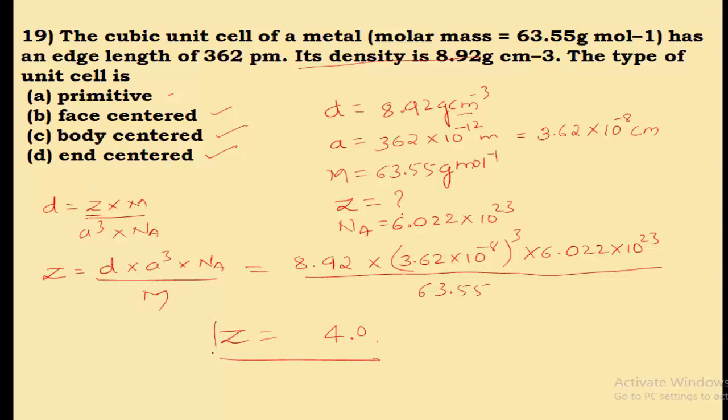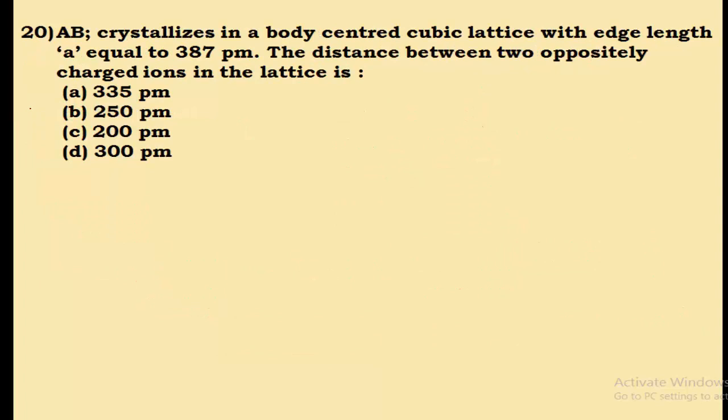So 4.0 means the number of particles in the given unit cell is 4. So in which type of unit cell the number of particles is 4? I have already told you, in a face centered unit cell the number of particles is 4. So the option B is the right answer. The next, 20th: AB crystallizes in a body centered cubic lattice with edge length A equal to 387 picometer. The distance between two oppositely charged ions in the lattice is...